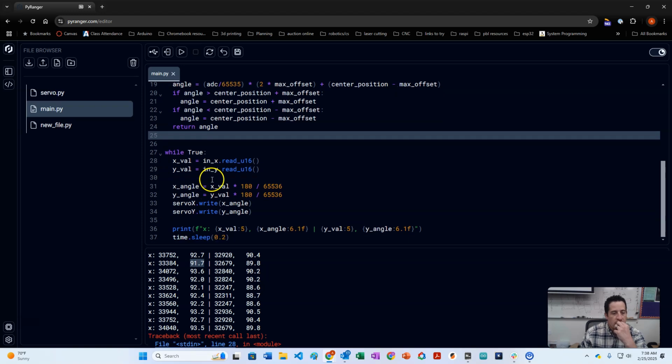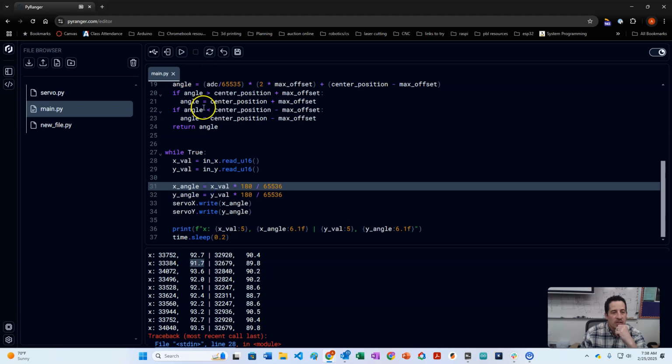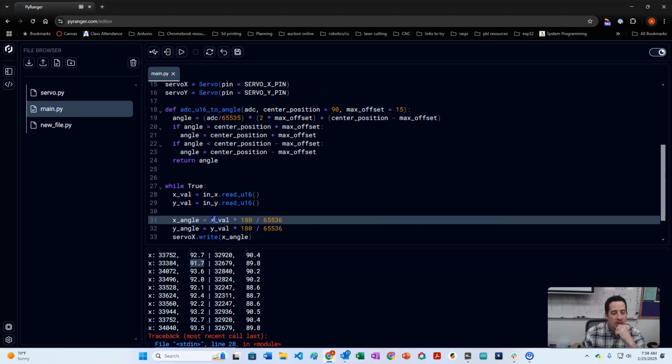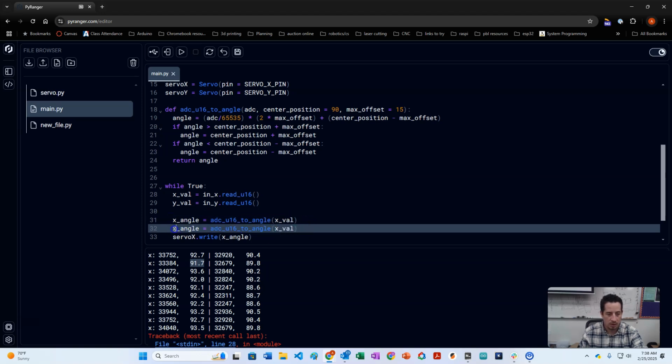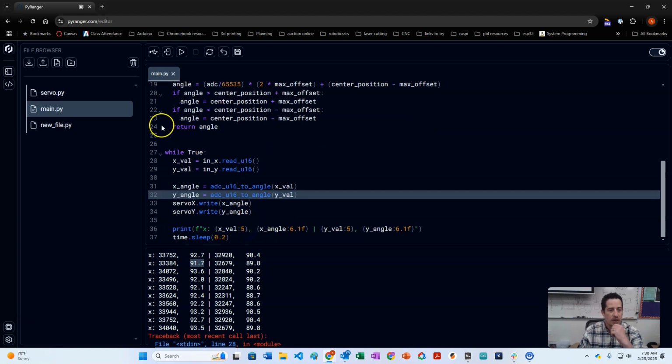Okay? And so now we do this calculation here, and this will replace that calculation. And so here what we're going to do is delete that, and we're going to say ADC U16 to angle, and we're going to pass in that X val. Okay, we'll copy this right here, Y angle and Y val. Okay, and now we run this again,